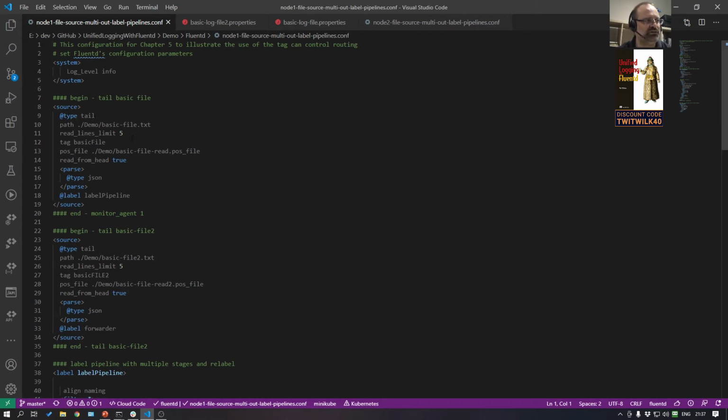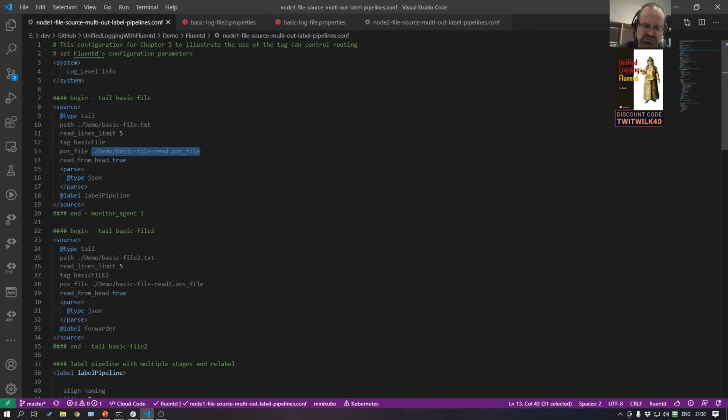As you can see, I've just annotated it a little bit. You can see I've defined a source here, which is going to be a flat file. I'm going to read 5 lines at a time, and every line that forms a full log will get a log event generated and a tag associated with it. And I've just said, look, give it the basic file as a tag, so we know the source of the event from the tag,